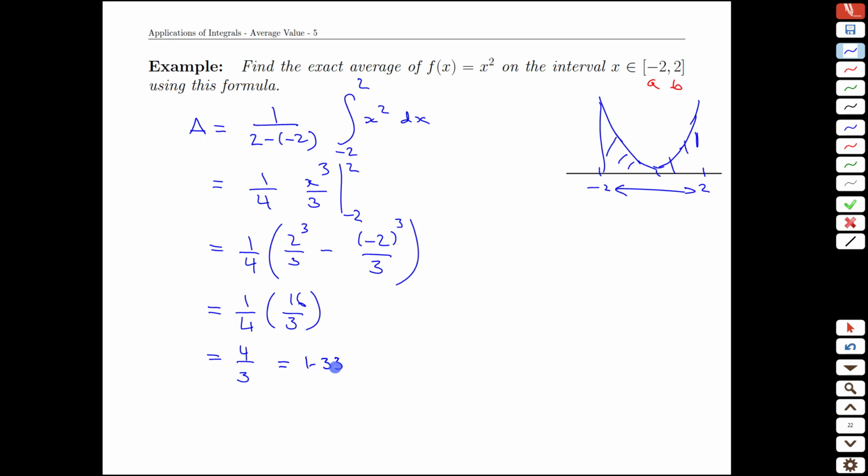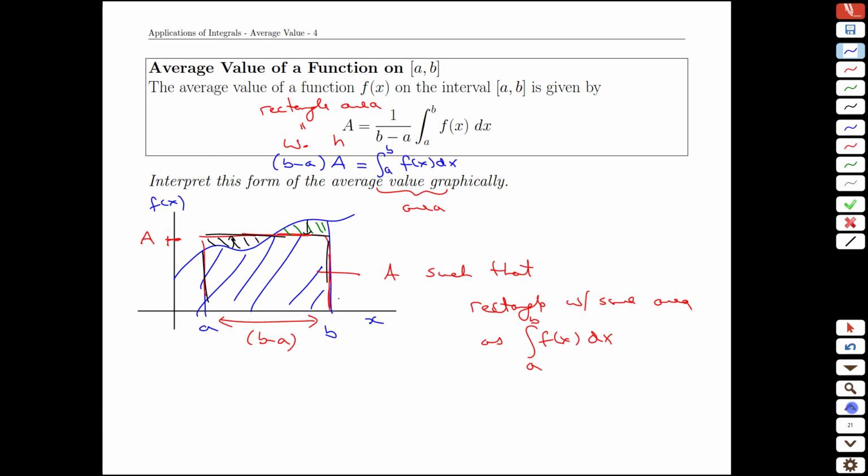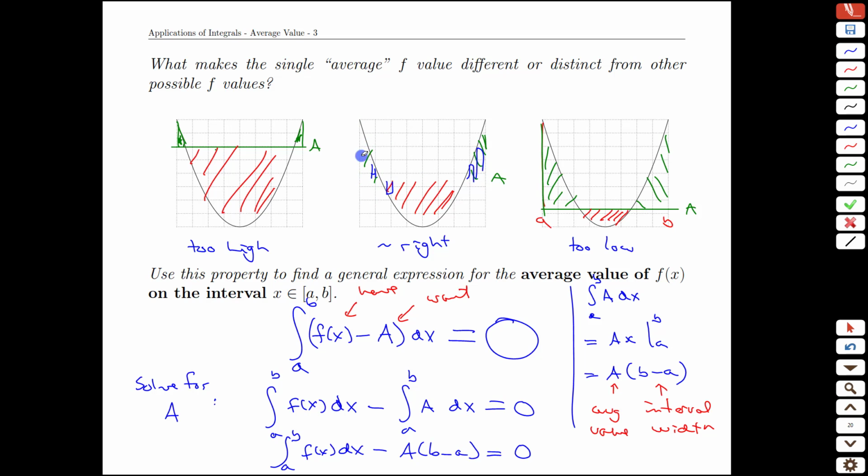Or 1.33333. Let's take this back to one of our earlier graphs and confirm that that matches what we saw as a graphical intuition. In this diagram, we were trying to sketch the just right version. We can now put some scales on this. We have 0 and 1 and 2, our axis here. And so we said 1/3, which is right here. If we draw our average on that, be a little bit above that, it's 1.5 above, we can see the area here matches quite nicely. In fact, exactly, if we've done our graph correctly, matches perfectly with the area above this average